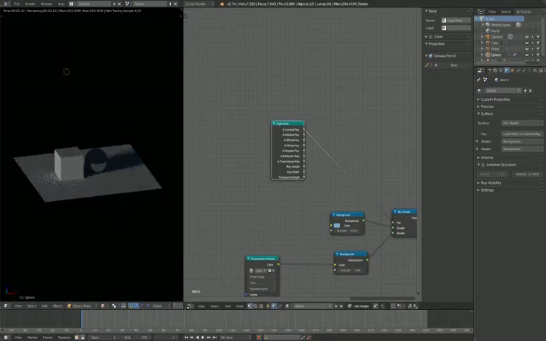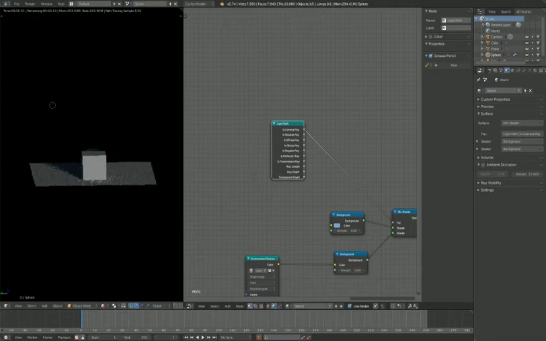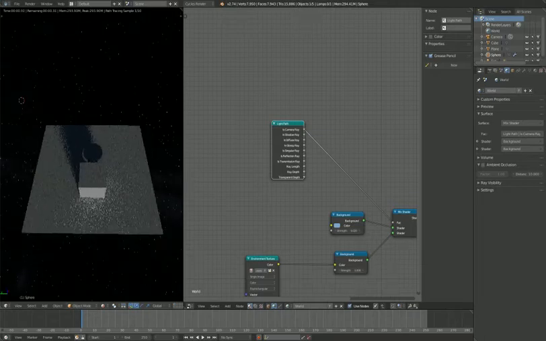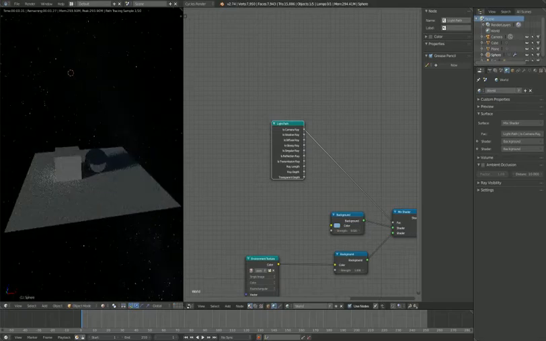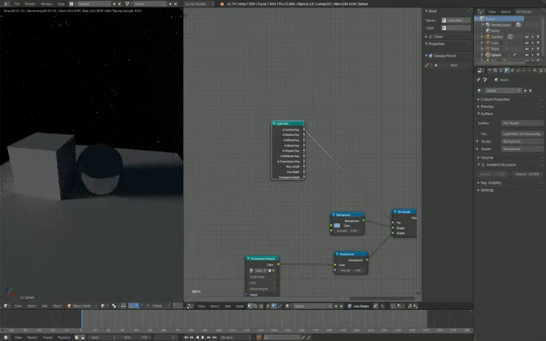What we got is this blue. We got this star field that we can see if we go into perspective. As you can see, it's looking pretty nice. But we have this blue on this glossy, so we can't really see our stars. So if we just take this glossy ray,